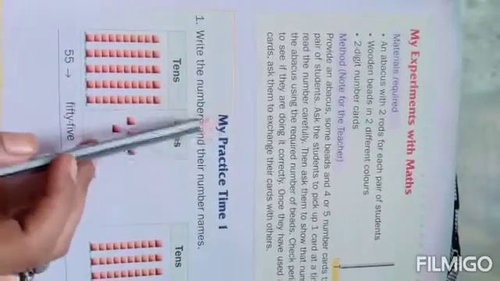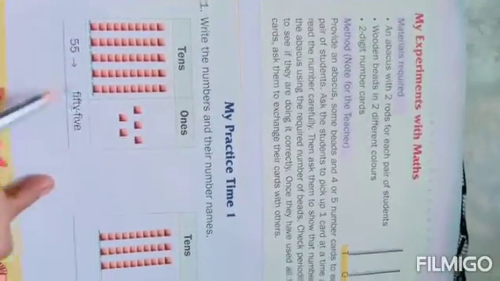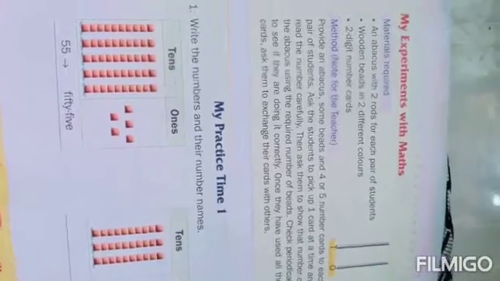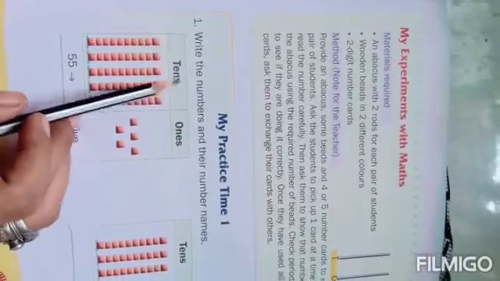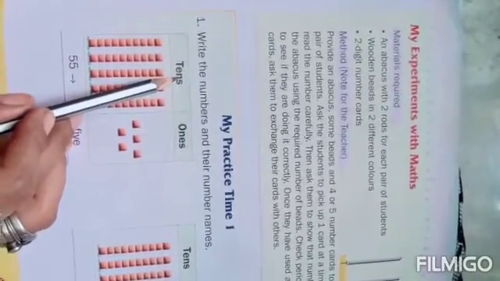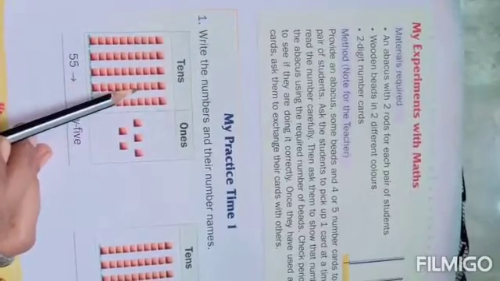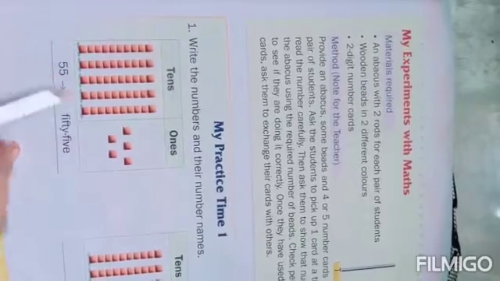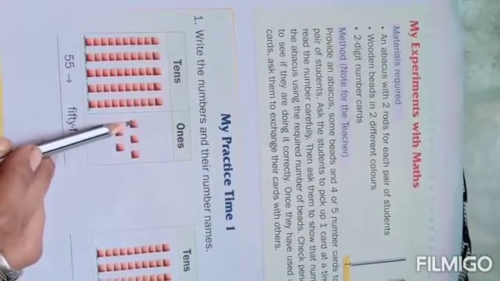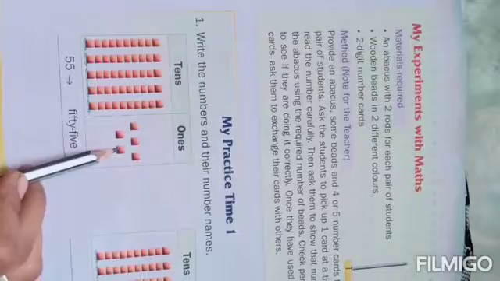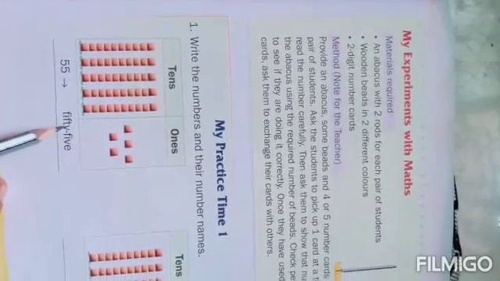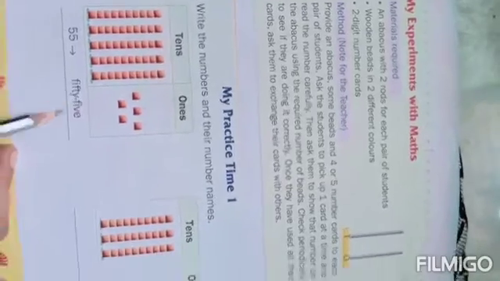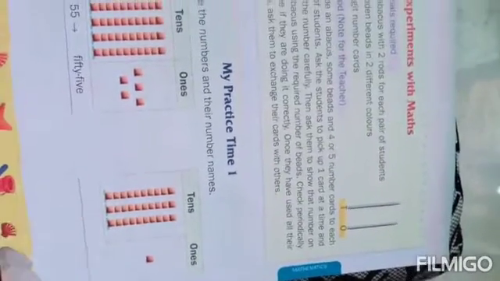Did you get it, students? So here we have some practice time, that is the exercise of the explanation that I have given to you. You have to solve this exercise. The first example is given to you. In the tens column there are 1, 2, 3, 4, 5 strips of 10 blocks. So here we have written 5, and the single blocks in the ones column are 1, 2, 3, 4, 5. That means 50 plus 5 is 55, and we have to write the spelling of 55 here. In the same way you have to solve this exercise here.